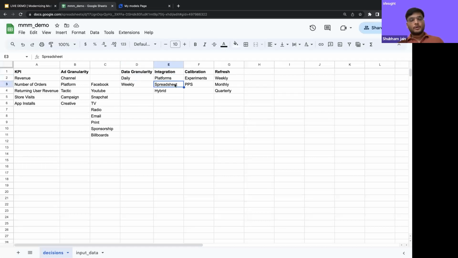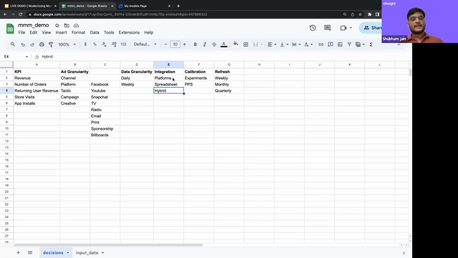Some may not want to integrate their platforms, so there is also a way to do the spreadsheet integration, because it's aggregated data and historical data. So it doesn't require all the touch points. You can simply, let's say, put in a spreadsheet your daily spends on Facebook, Snapchat, and Google, and the total revenue of the business, and that could be integrated. In most scenarios, it could be a hybrid format, where the platforms which can be integrated directly, such as ad platforms and Shopify stores, are integrated,